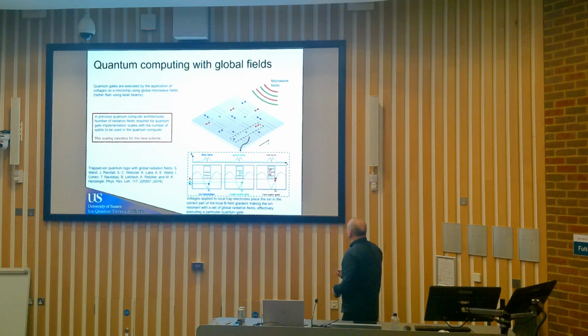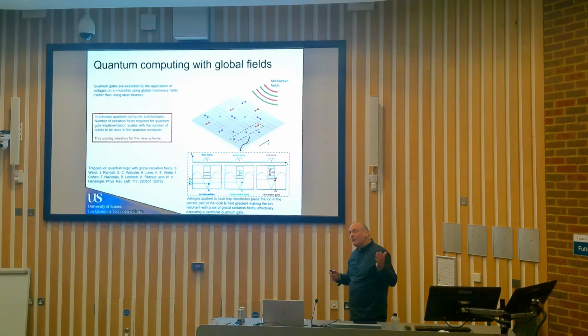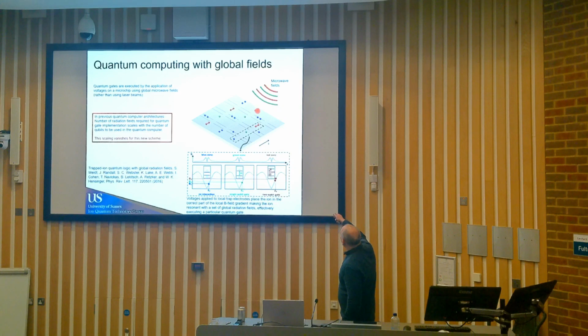And you can see, if I move the ion to a slightly different position, Z2, in this magnetic field gradient, it experiences a larger magnetic field. You can see these two states a little bit further apart now, so the energy separation is a little bit bigger. And an atom can only absorb microwaves if this energy separation is exactly equal to the frequency of the microwaves that I apply. By applying these global microwave fields and moving the ion to a particular position in the magnetic field gradient,